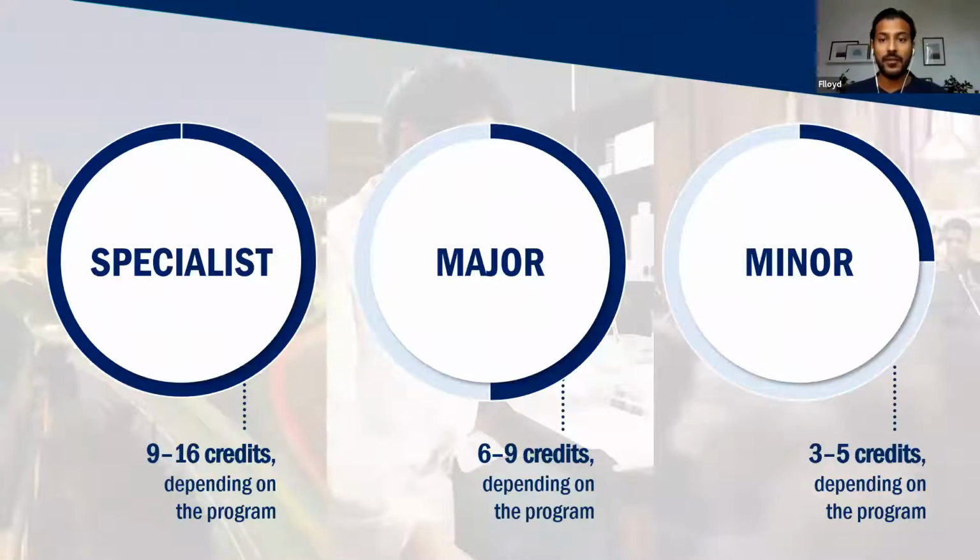Now, each course at U of T is worth either a half credit or a full credit. A half credit goes the length of a semester. So you start in September and you finish in December. That would be half a credit, and a whole credit goes the length of the school year. So it would start in September and finish in April. So students typically mix and match these halves and wholes to build out to those 20 credits. And most students are taking 5 credits a year over 4 years.